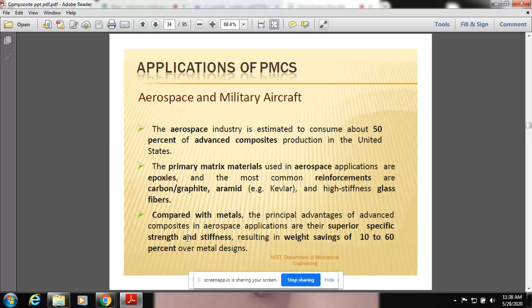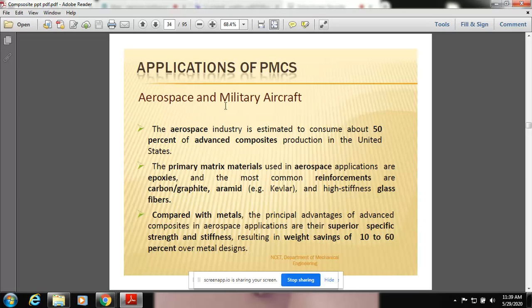Okay. See, as I mentioned, I just gave one simple thing on top: if the vehicle weight is going to be reduced with the same strength, the mileage of a vehicle is going to increase, right? And the life of that component, or the life of the automobile, is also going to increase. See, by just this one thing, weight saving is 10 to 60% over the metal. If you use the metal, what happens? Weight increases, maintenance cost and carrying cost, everything. This is a major disadvantage as mentioned in the beginning of this chapter.